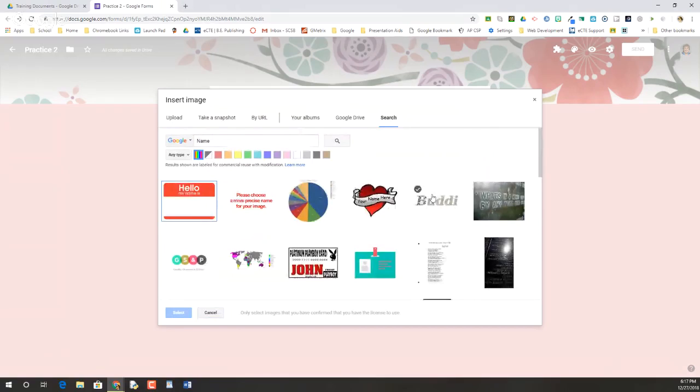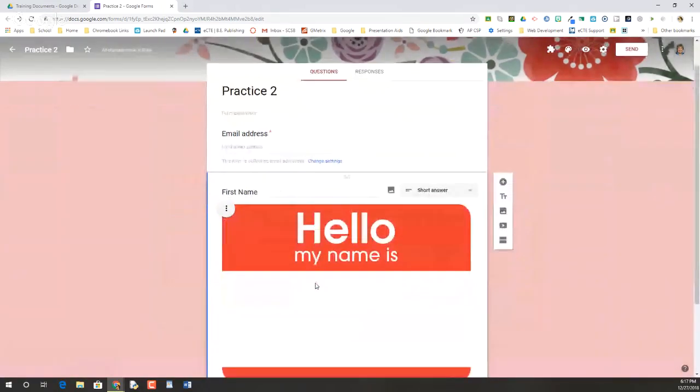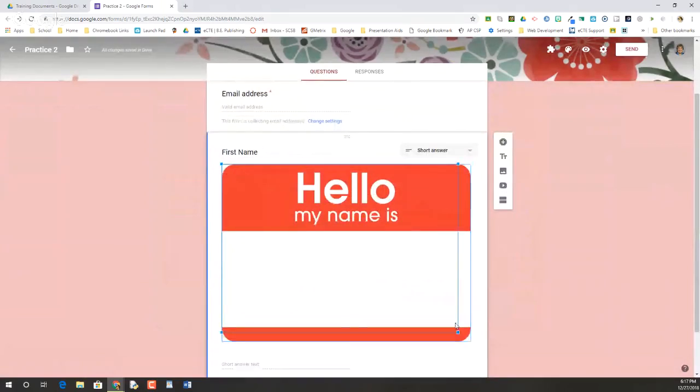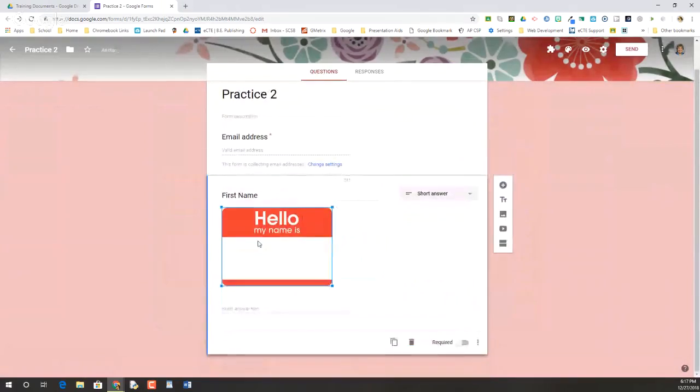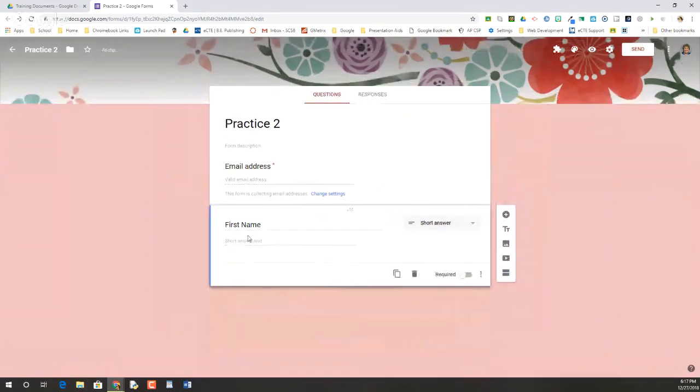Okay, so we may want to use this image, and I'm going to select that. Hello, my name is, and when I click on it, I get my boxes, and I can make this smaller. My 3 dots allow me to align it if I want, or I can remove it altogether. And I don't really need a picture. Everybody knows what first name is. Okay, I get an option to duplicate this, to throw this in the trash, hence a trash can,